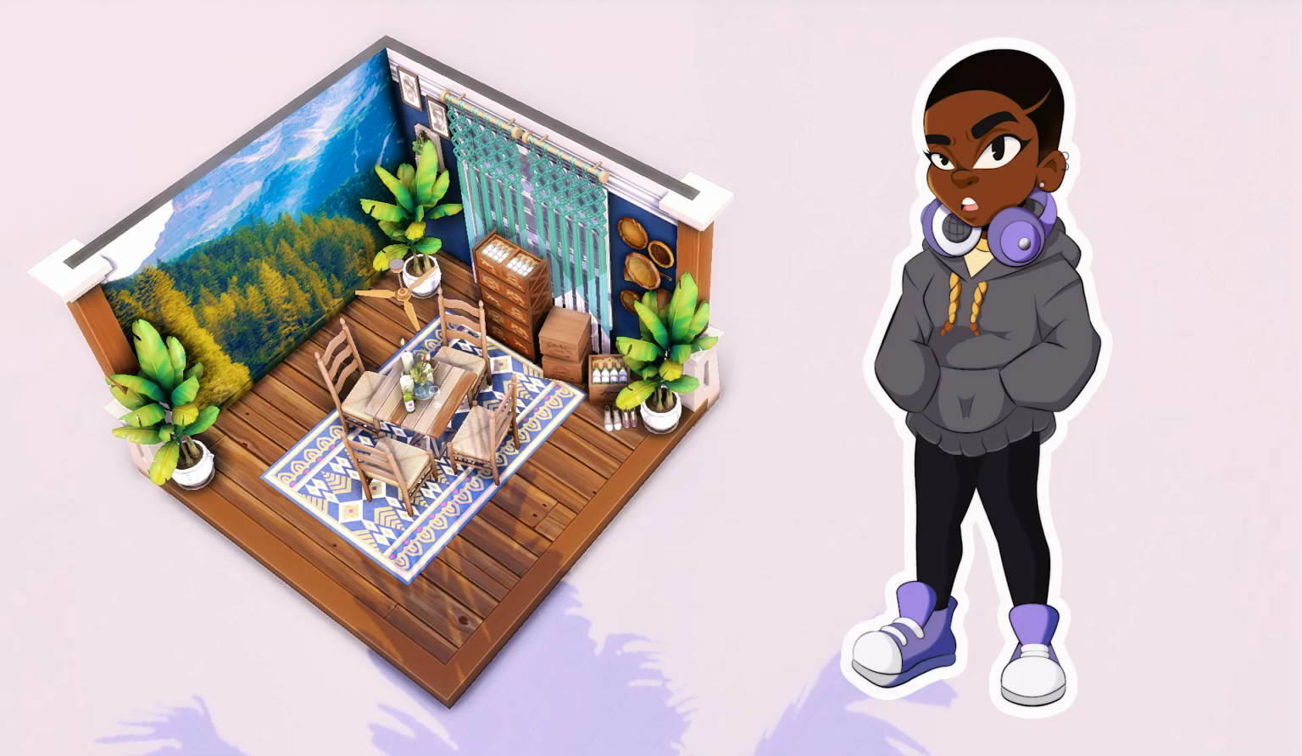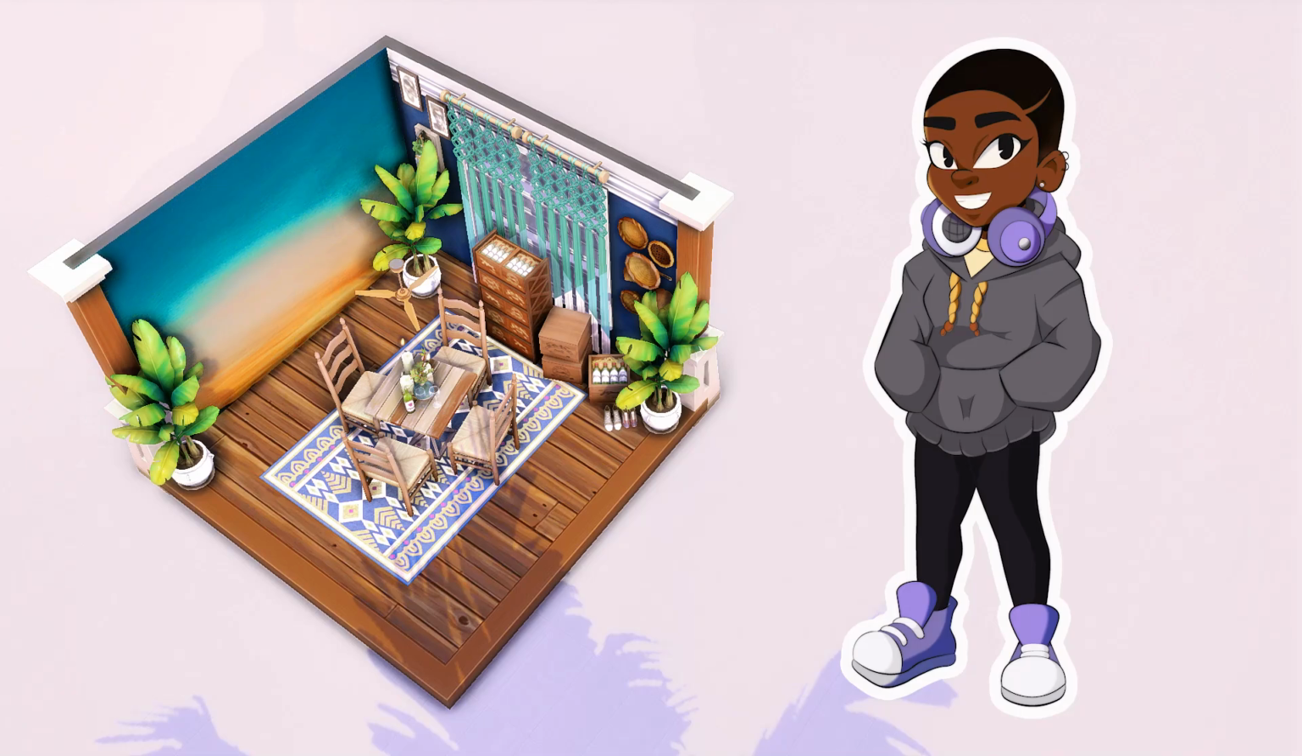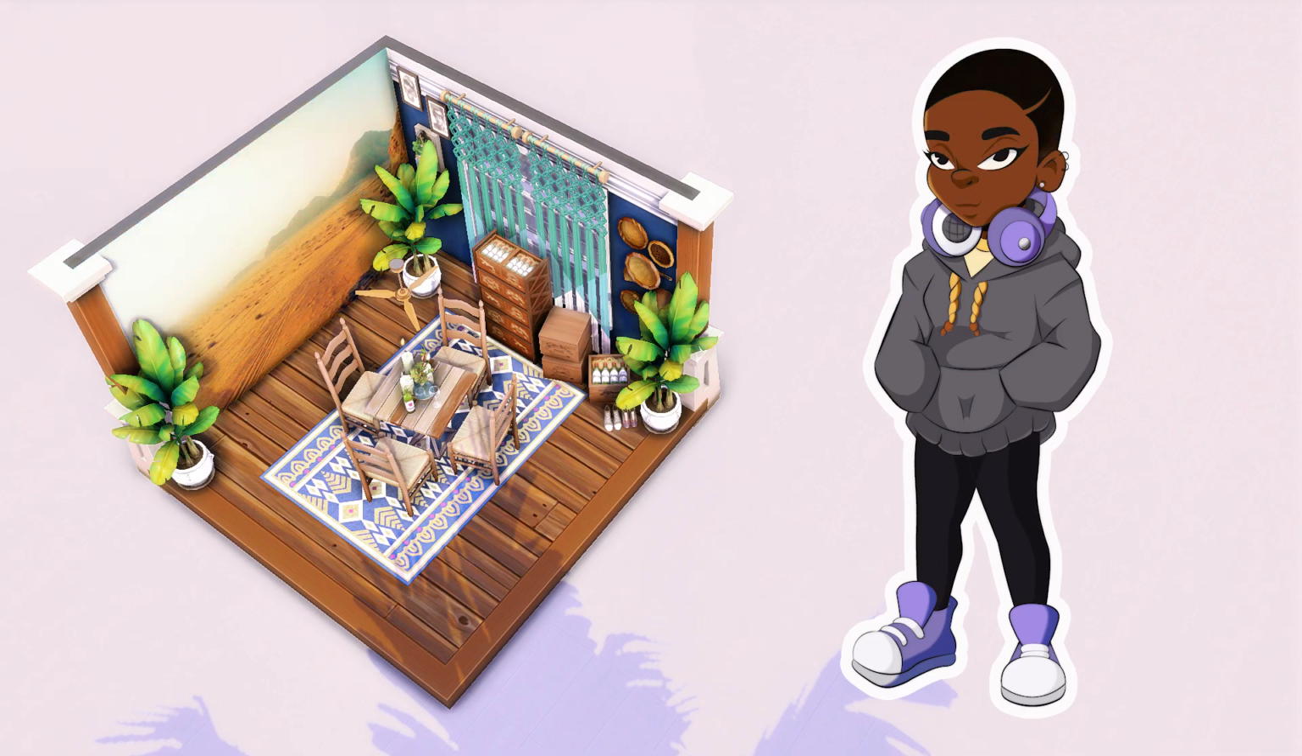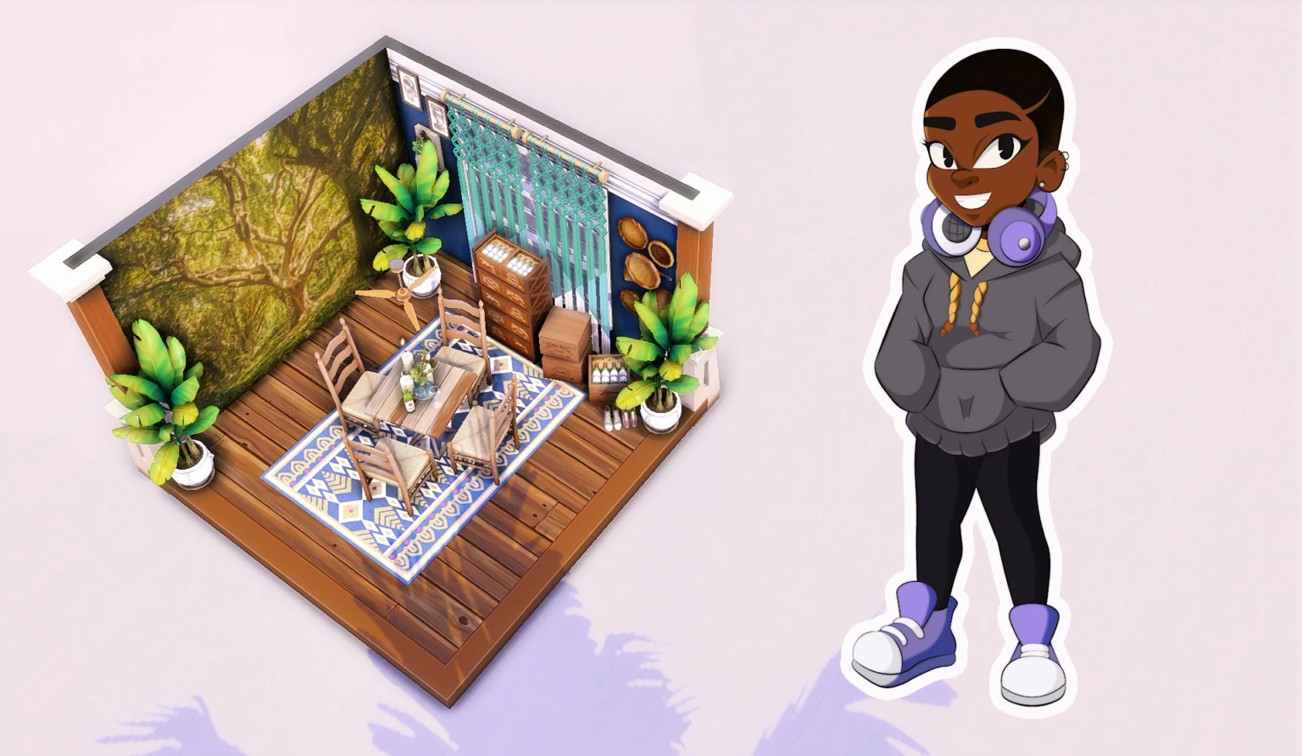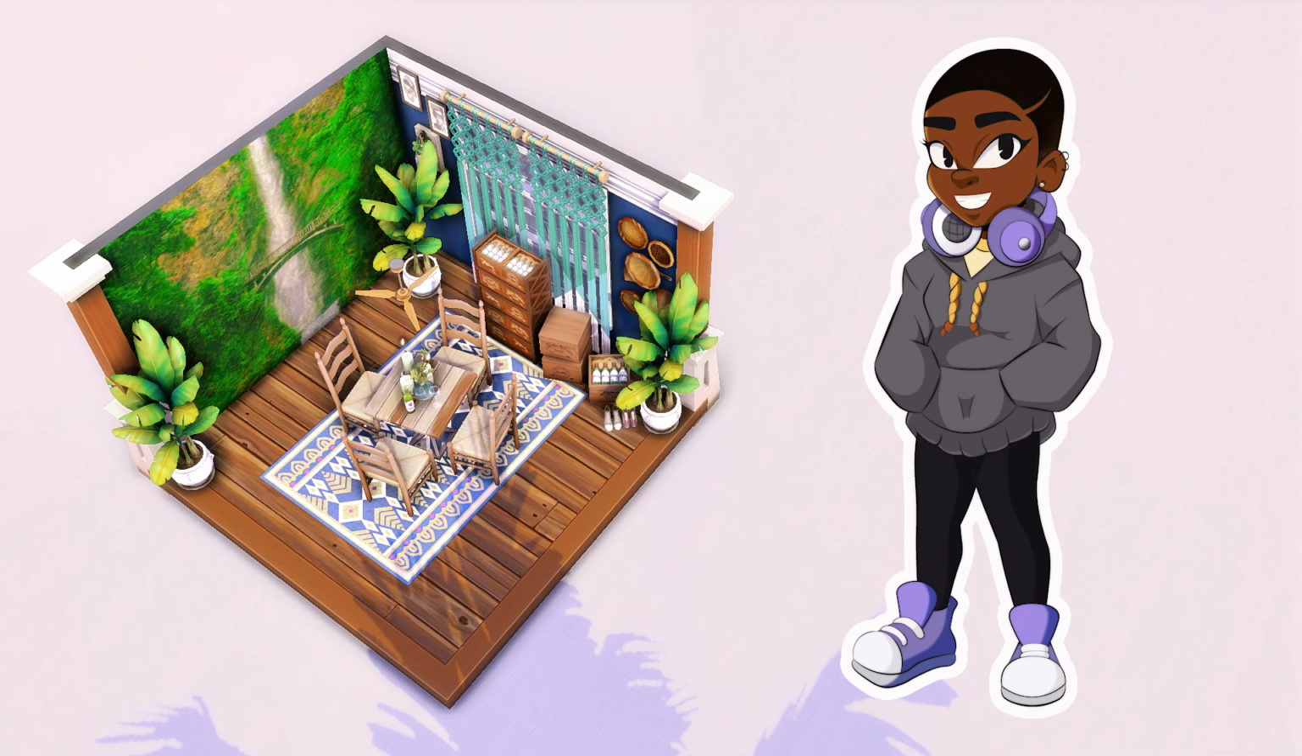Let me ask you, do you think making your own custom Sims 4 wallpaper for either a mural or an accent wall is too complicated? Well, it's not as hard as you think. I've broken this entire tutorial down into simple steps that anyone can follow. And by the end of this tutorial, you'll have wallpaper that can be used to create a unique accent wall